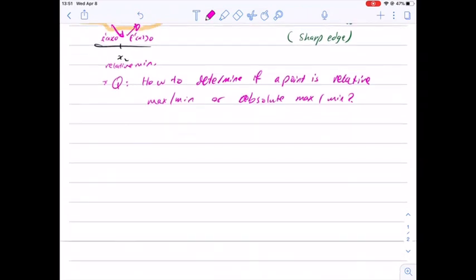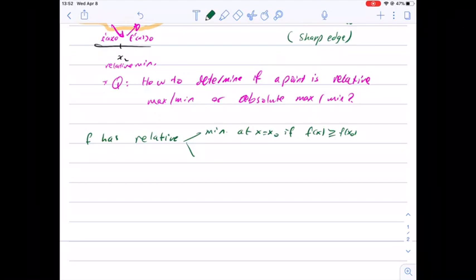Now we can summarize this here. So we say that f has a relative minimum at x equals x naught if the values of the function are greater than or equal to the value of the function at this point. I mean, everything is larger than or equal to this point on some open interval, for every x in some open interval